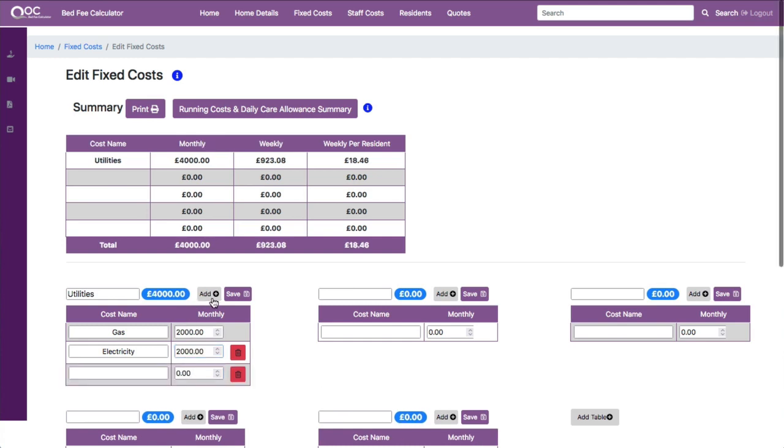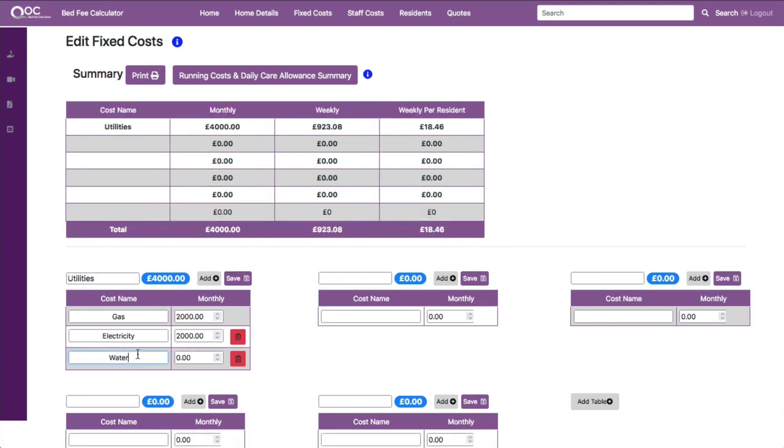and then add a row, water, £200, let's say, and so on. And as you see, you have a total appearing here, and that total appears here. Now let's say with the next table you put kitchen. Kitchen appears here, and then you put in food,